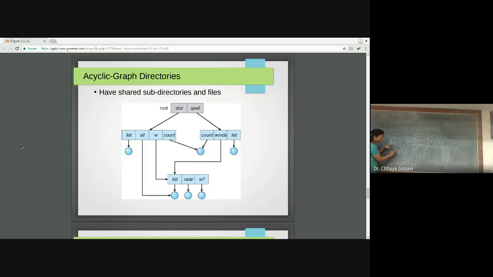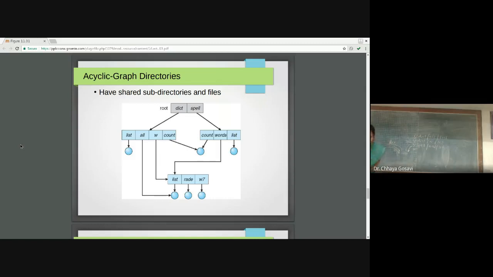So there are two soft links pointing to the list. And from spell directly there is one pointer pointing to this list. These pointers are called soft links. They are unidirectional, from the directory to the particular file. But when this file is deleted, these pointers exist in that particular directory, but they are not pointing to the proper position. These are invalid pointers.